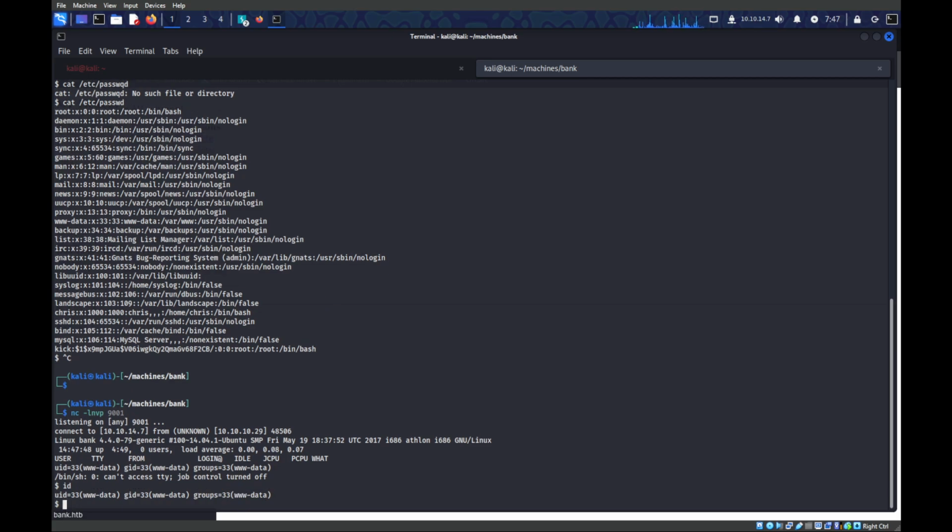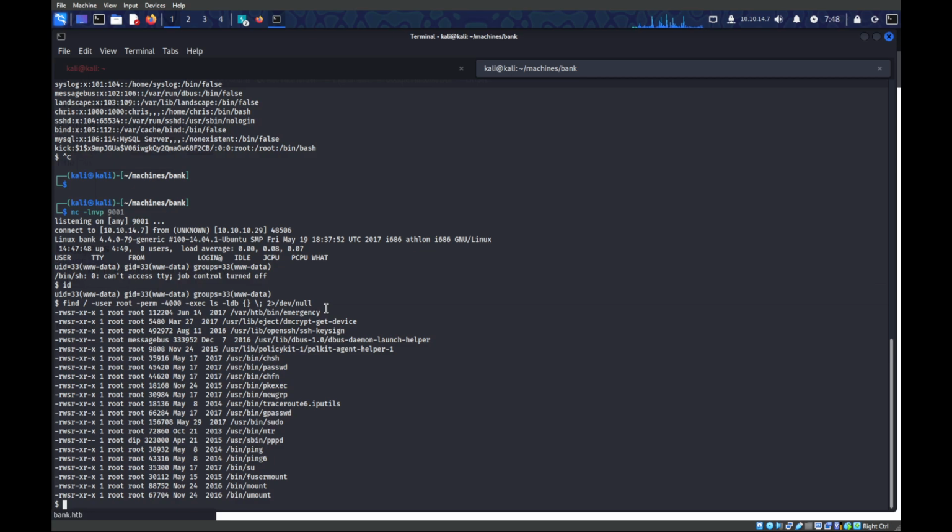Now, there are also going to be two ways to get to root. One of the boring ways is you run this query, which is also going to be standard in linpeas. We do see some read write s, which is the SUID bit, which is normally not set on these things, meaning any user can execute it as the user of the owner. So it's going to be root. If we just do a / on this one,